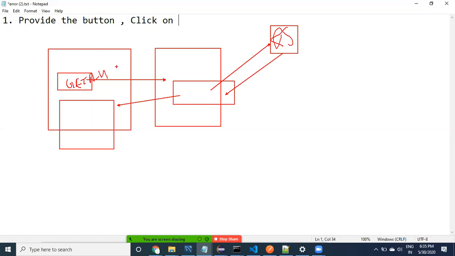See here, guys, the first step is what? Providing the button and calling the method from the component. From this component, I have to call the REST service. After the data comes, we need to display that data in the UI. These are the three tasks.